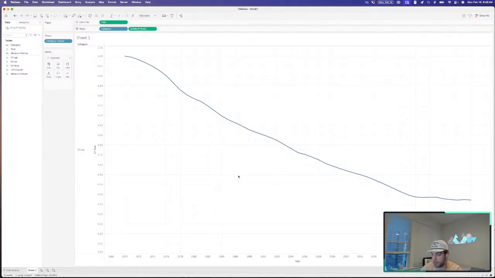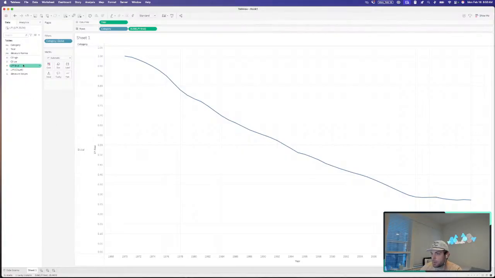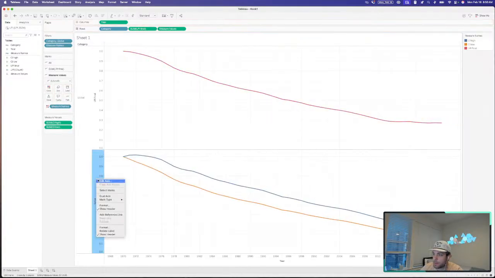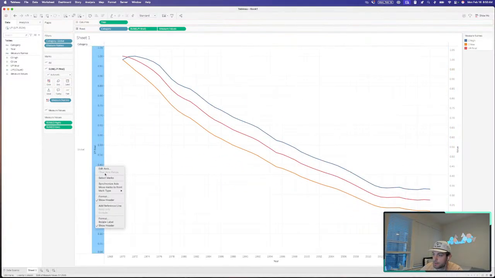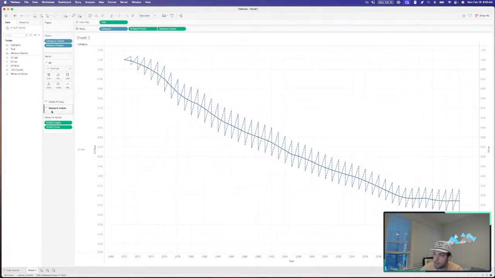So here's that trend that we were seeing in the original here. If we wanted to do something real wild and crazy, we could even add in our high and our low as measure values and make this a dual axis. And for our measure values, we could do something where maybe this is like dotted. And maybe measure names isn't on color here. But we do need measure names on,